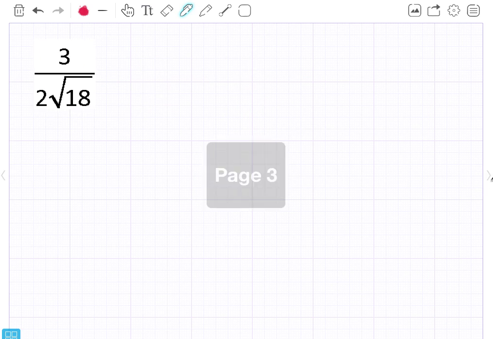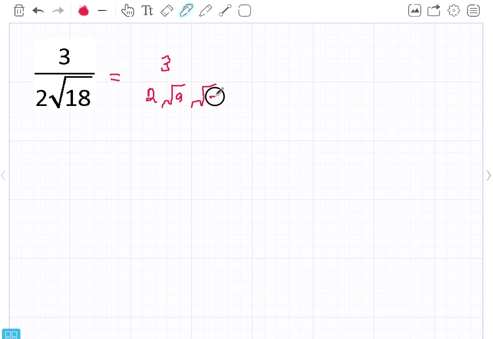Lastly, a little bit more complicated, one like this. So we're going to rationalise this, and we're going to look at this surd on the bottom. Now I could times it by root 18 over root 18, but it's much easier to just first of all think about simplifying that surd. Now that surd is 9, that's the square number, times 2. So that in there gives me 9 times 2, 18. Now root 9 is actually 3, so this cancels out with this. So I'm left with 1 on the top, 2